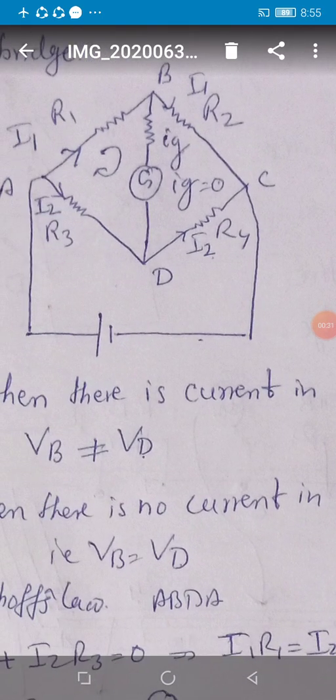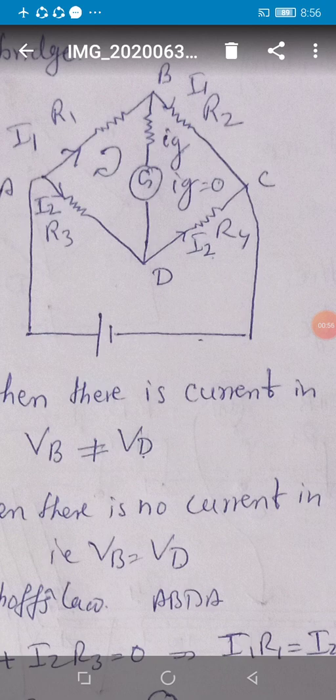Can you see it? Across the bridge, on one side a cell is connected and on another junction a galvanometer is connected. But remember, students, in the same junction the cell and galvanometer should not be connected. Even they may be interchanged, but they should not be connected at one junction. At one junction the cell, then at the other junction the galvanometer should be there. It is a combination of four resistances,